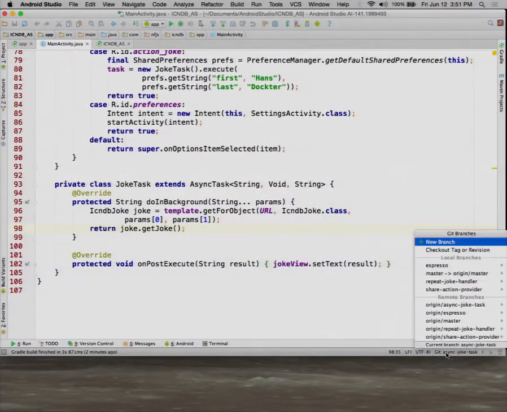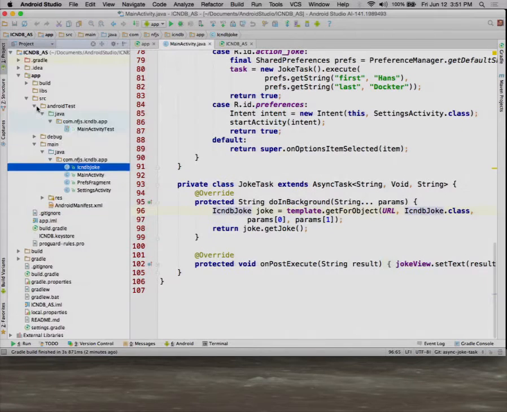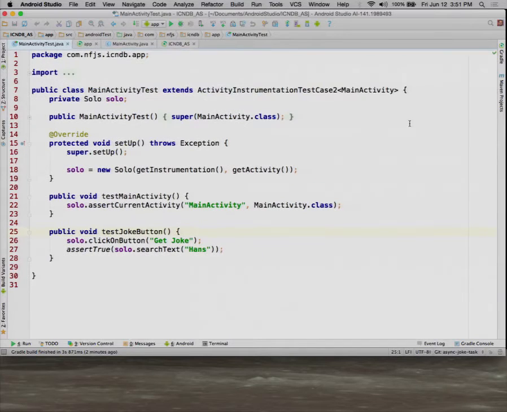So I'm going to switch to my... wait a minute, I have tests in this one already. So here's my tests under source Android test Java. Here's a class called MainActivityTest. And in this case, I'm using a different dependency called Robotium. Robotium allows you to drive the user interface with clicks and things like that. And it has a class in it called Solo. I always want to make the reference, Han or Hope. Hope might not be a good choice right now, or Soprano, something like that. But I use just Solo here. You set it up with the instrumentation and the activity, and then you see this is what happens.